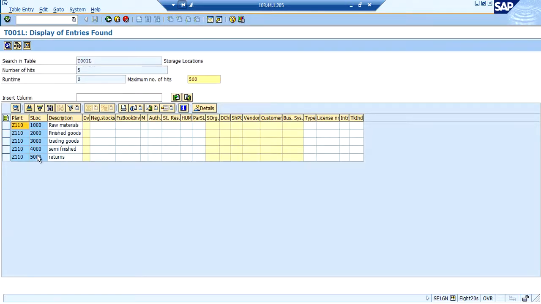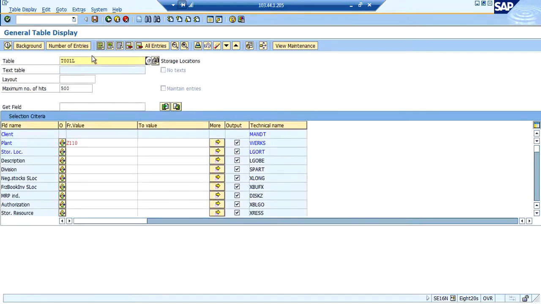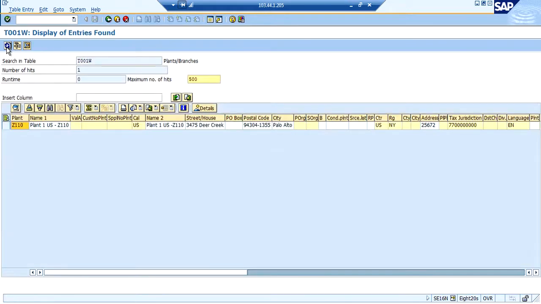We can see all the storage locations. Whereas previously we created a plant, to get the plant address details, one can get it from here.